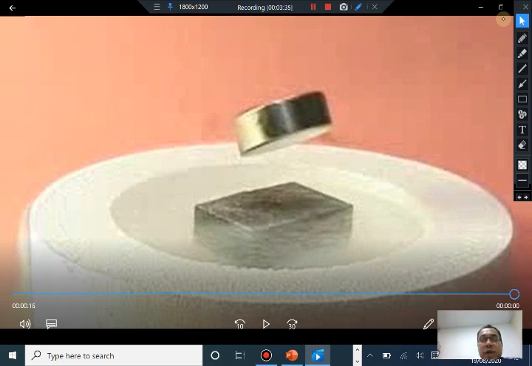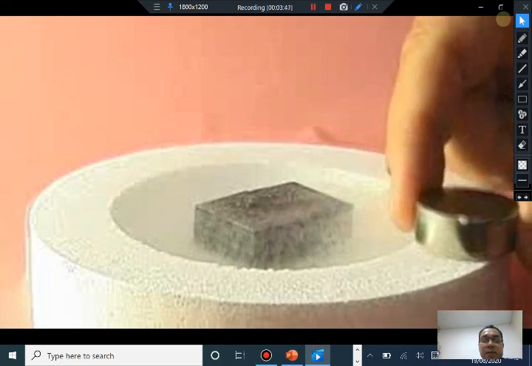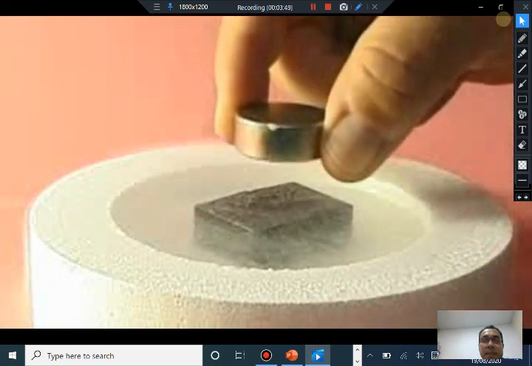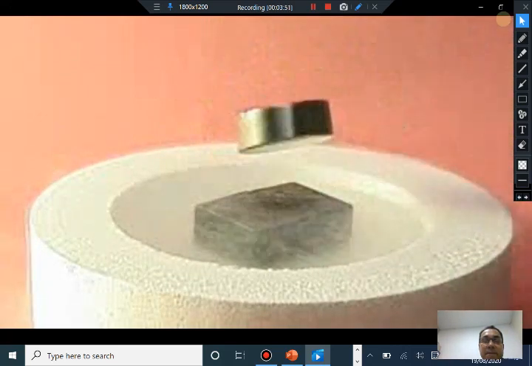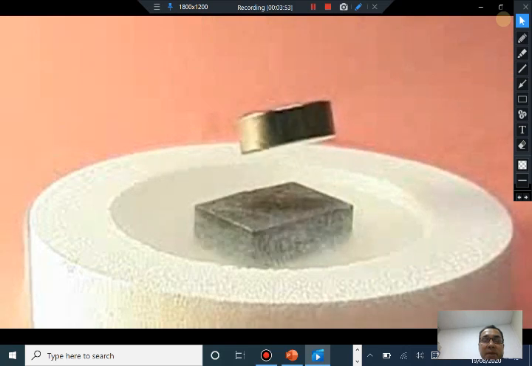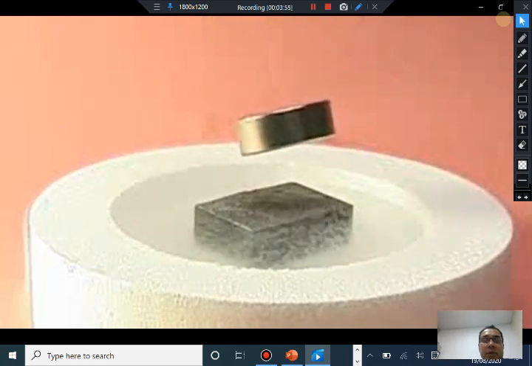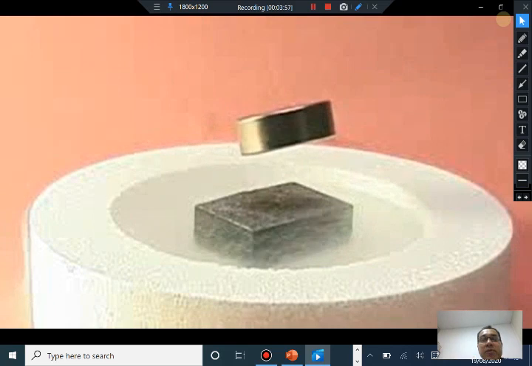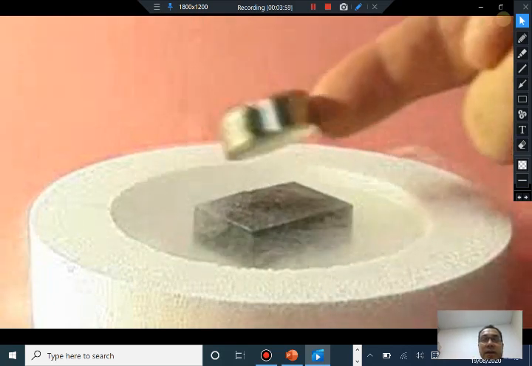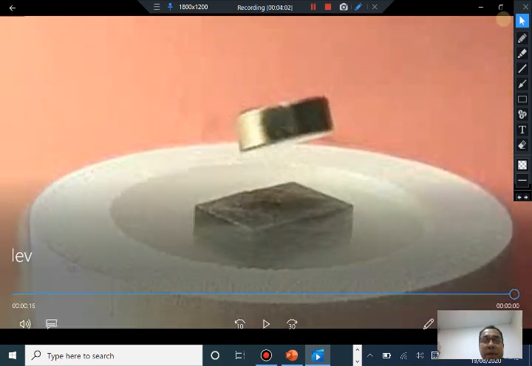It is cooled below its transition temperature, and when you place the magnet on top of this superconducting material, it starts levitating, it starts floating. You see that even if he presses it close, it does not fall on top of the superconductor. The magnet keeps on floating on top of the superconductor and it remains in place.